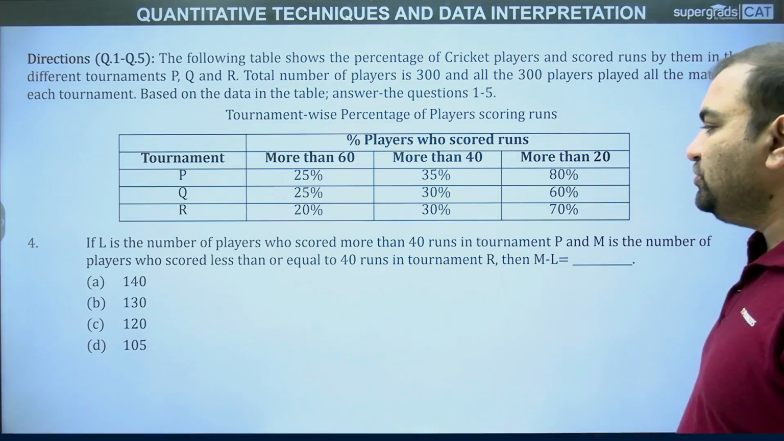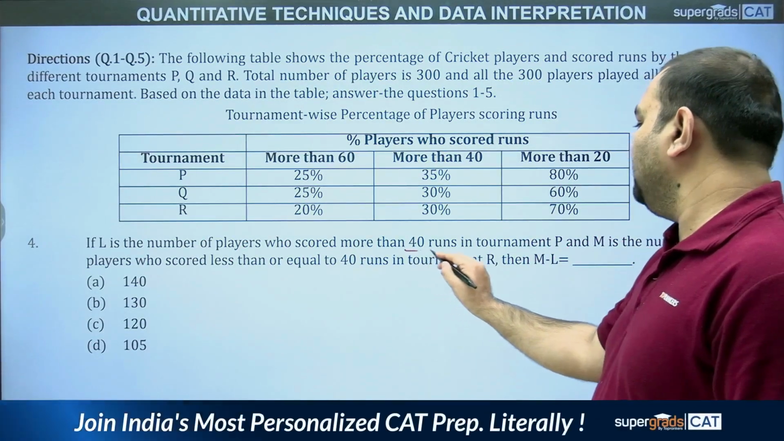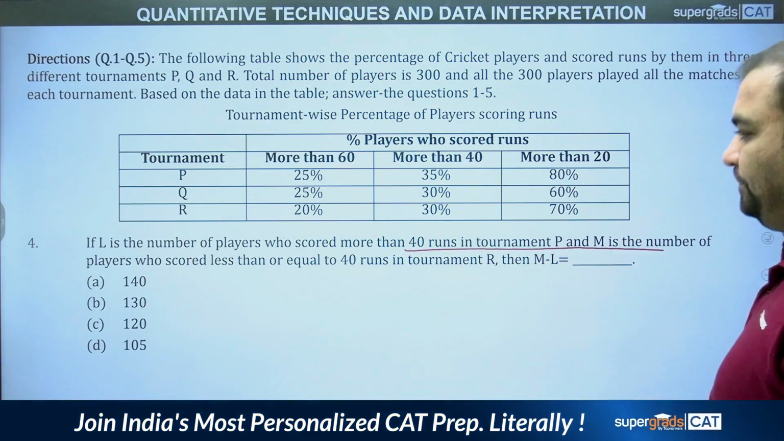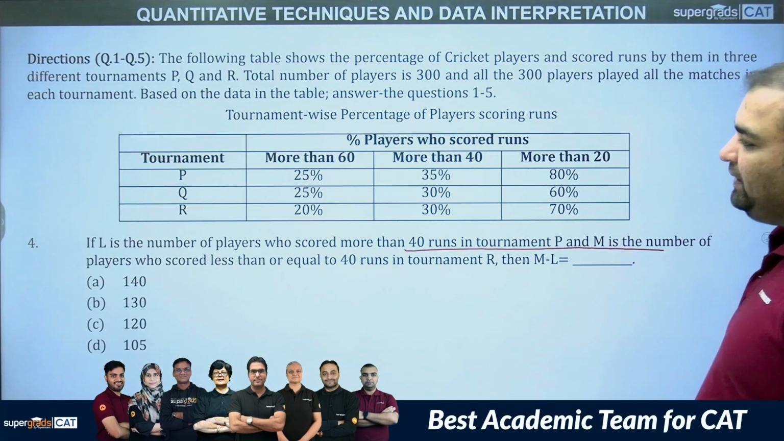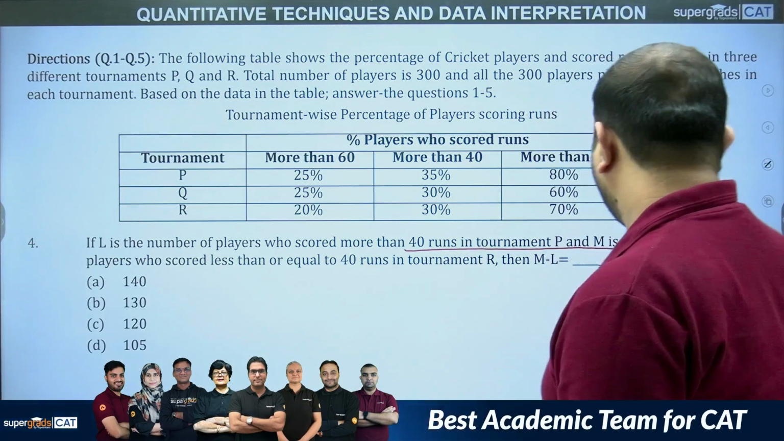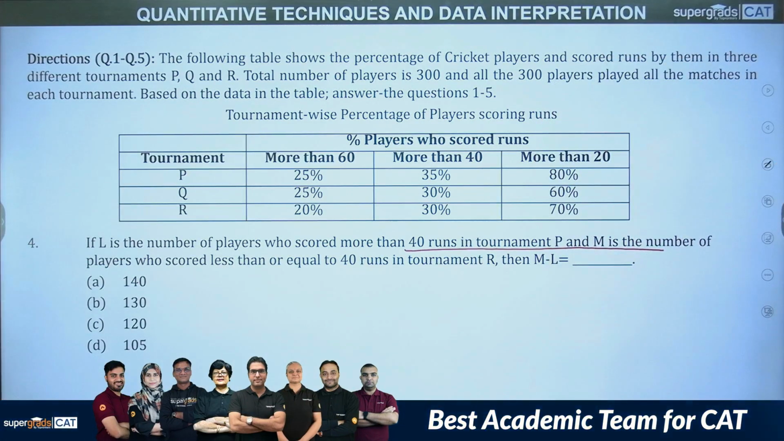Number of players who scored more than 40 runs in the tournaments P and M. Where is M? Okay,